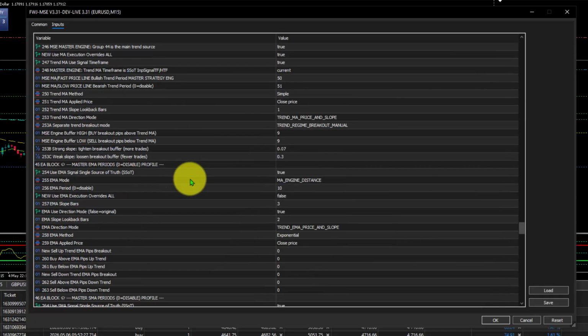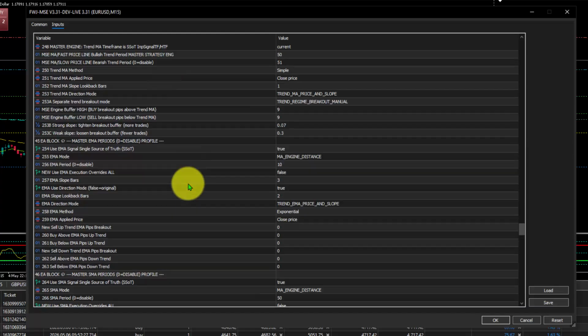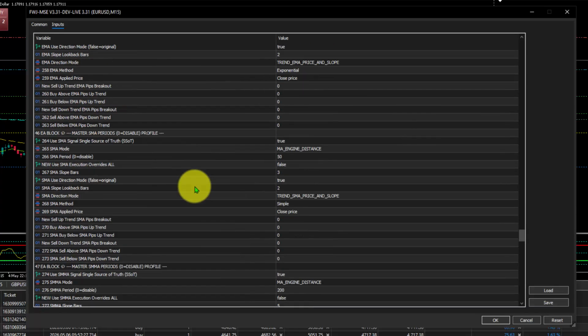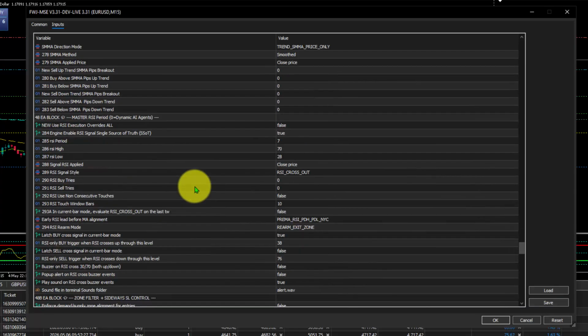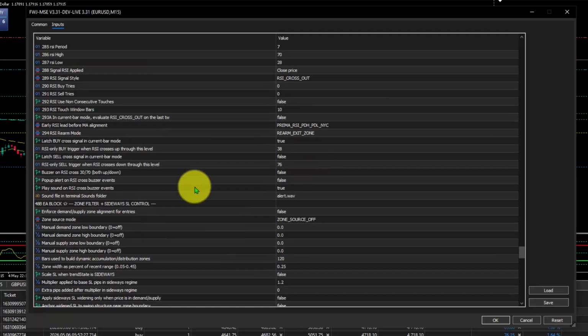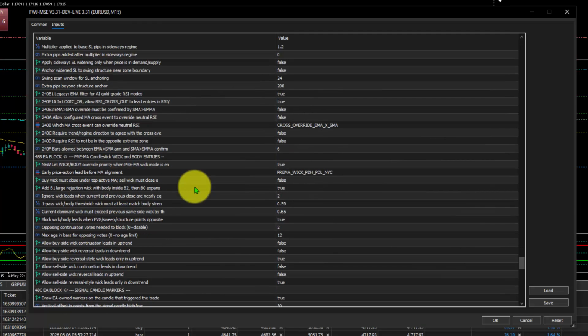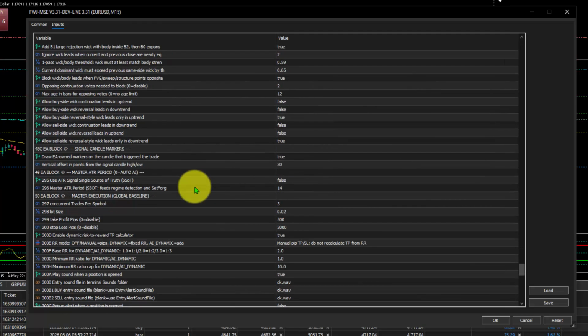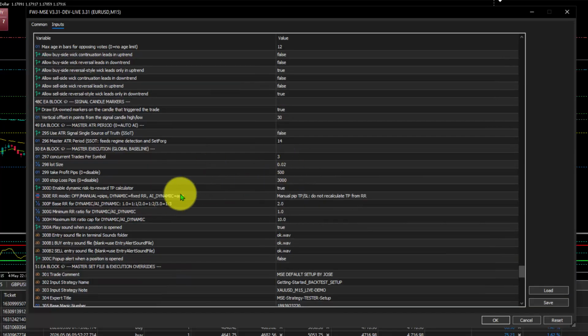You study the software. Okay, so once I start to upload the new videos, it will be easy for you. But the most important part here, once you get the software, the first time you get the software, you load the app, and then what you want to do is go to block 50. Okay, because block 50 is where your risk to reward, position size, everything you're going to be doing is. Now, if I send you a setup, you can load the setup, which means it's already been set up